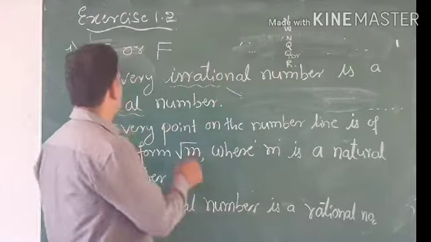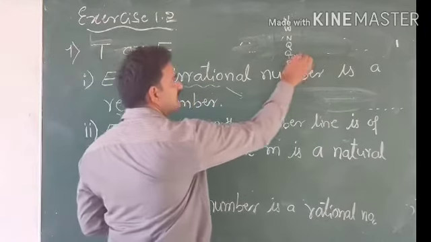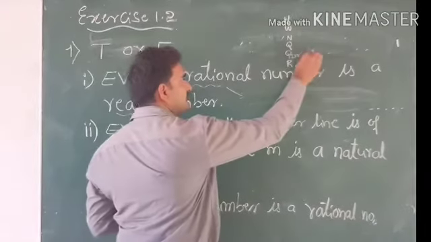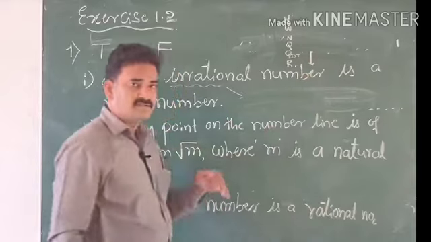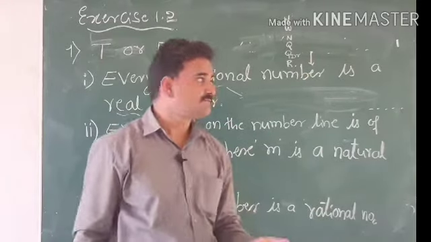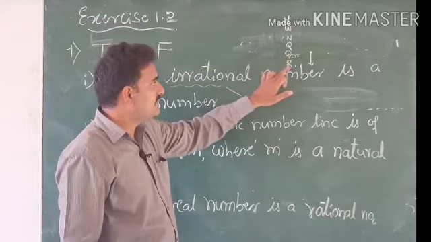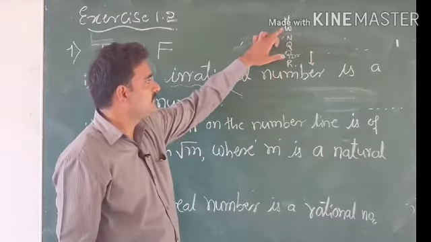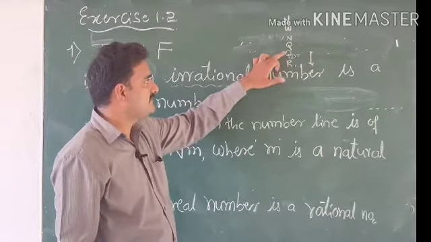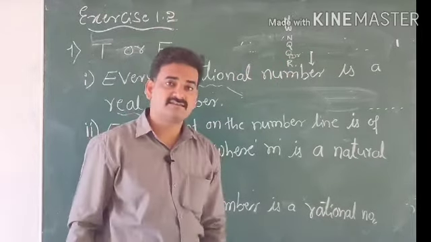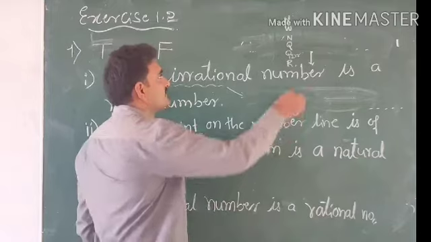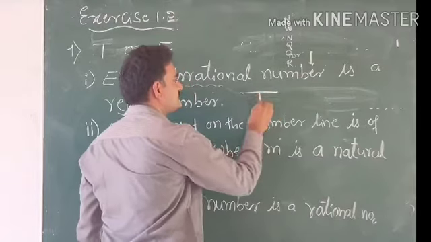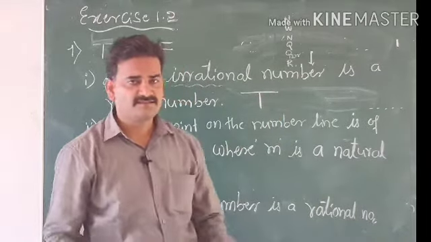Now you see how. First is irrational number. Irrational number is here. The second is real number. Real number means I have to come down. If I come down, that means it is true. Every irrational number is a real number. Of course, every natural number is a real number, every whole number is a real number, every integer is a real number, every rational number is a real number, and every irrational number is also a real number. So if you come down, that means the statement is true. So this statement is true. First answer is true. Very simple.